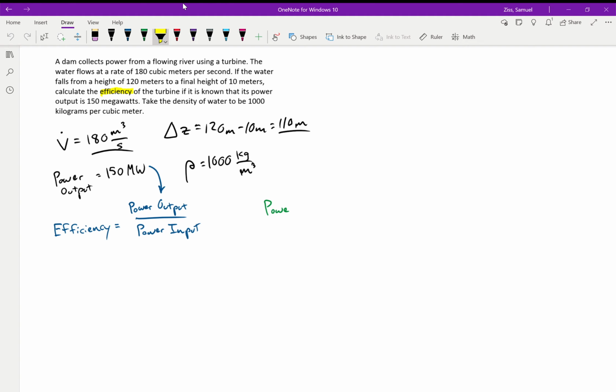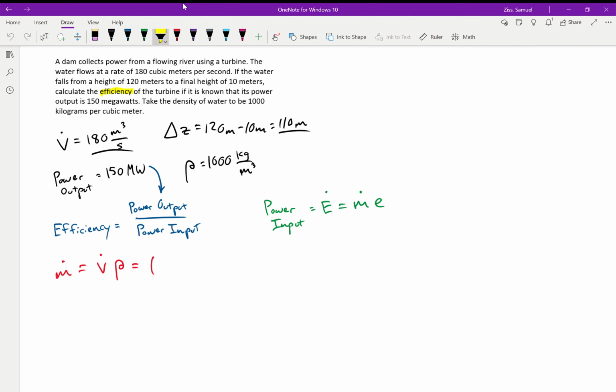Power input, or the rate of change of the energy, can be found by multiplying the rate of change of the mass by the energy. So that's going to be what we go after. We can find the rate of change of the mass by multiplying the rate of change of the volume by the density of the water. We have both of those pieces, so we're going to multiply